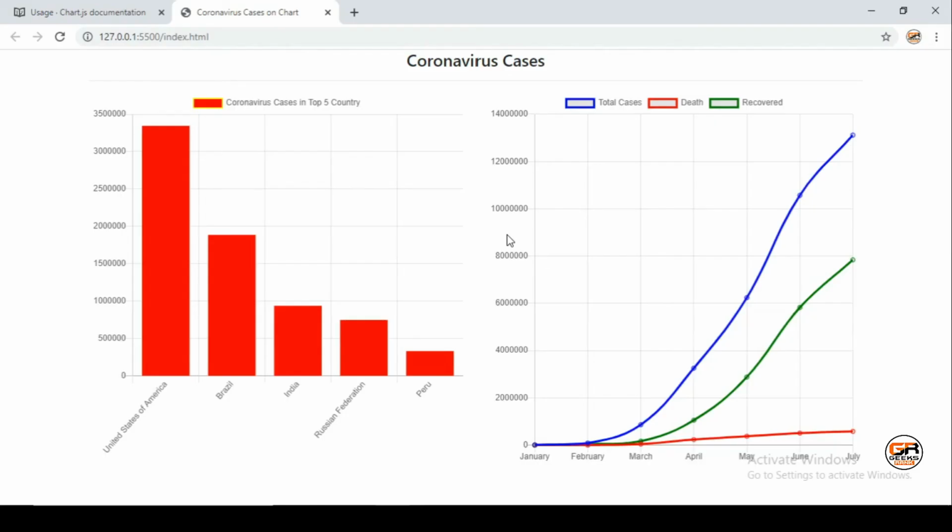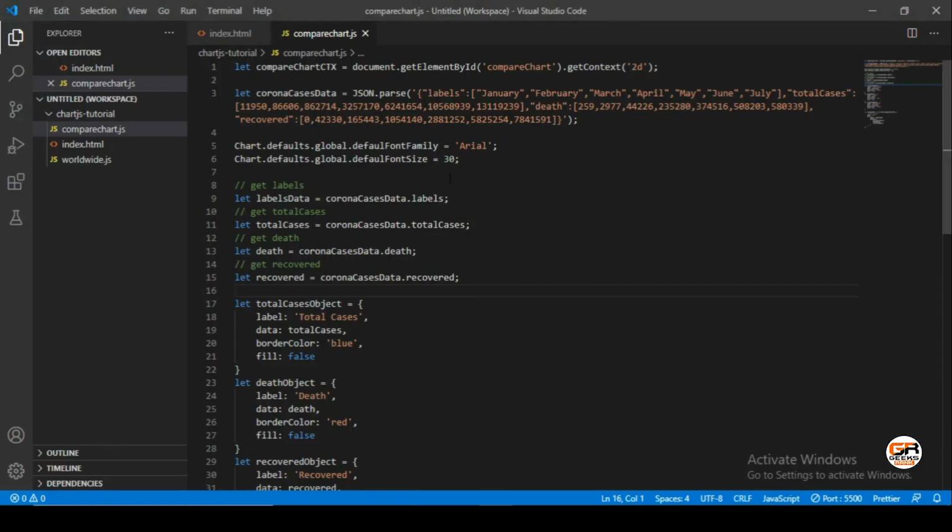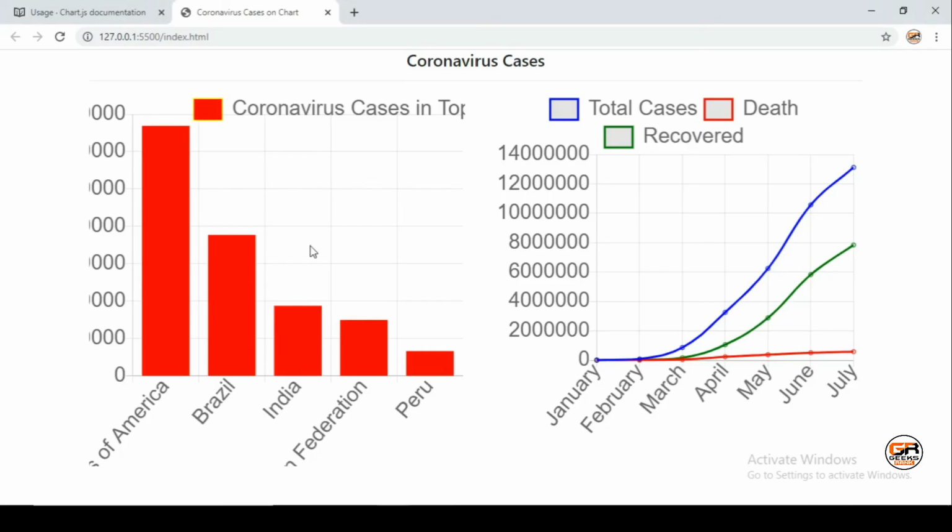Yes, why is it not working? Let me check. Chart defaults dot global dot default. Actually we had a spelling mistake here. T is missing here. Default font size. Let's see. Yeah, it's working.